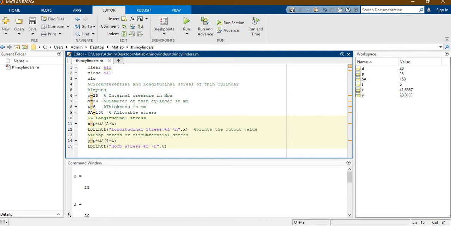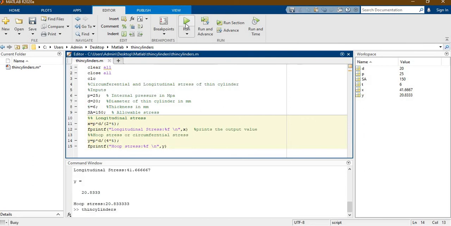See here, each and every value prints here. P is equal to 25, D is equal to 20, thickness is equal to 6, SA is equal to 150. I don't need all these inputs in the command window. In this case, just add a semicolon. I don't want to print these values here. Now run this. So we will get the longitudinal stress is equal to 41 and hoop stress is equal to